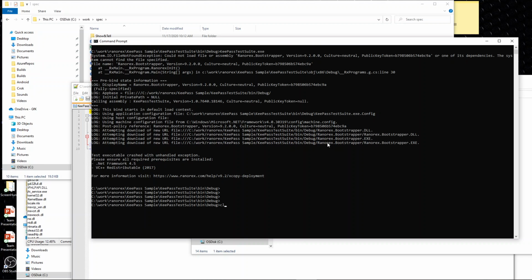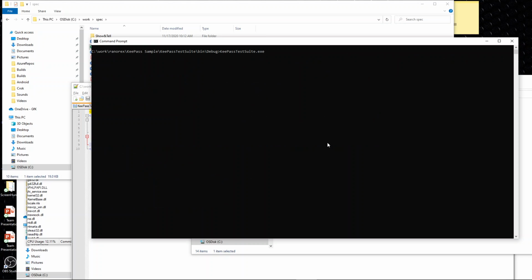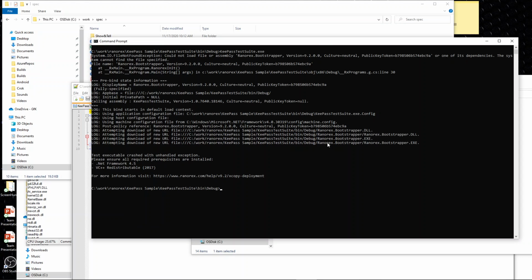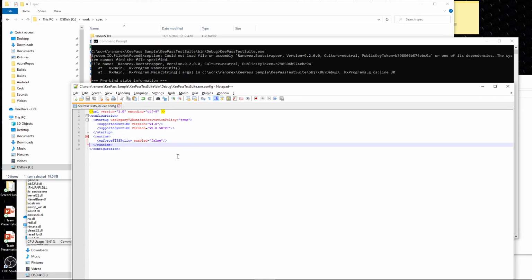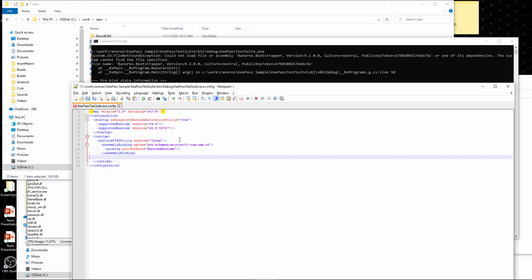So once again, I check that I still have the issue. Okay. I go to my file, and in the configuration, runtime, I paste what is inside my clipboard. I prepared it.